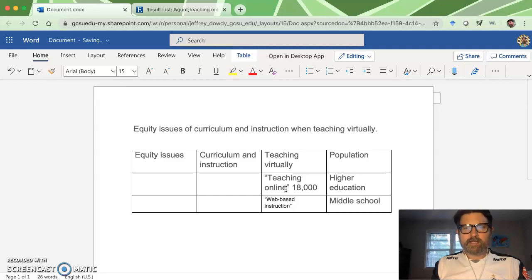Why does that matter? It's because when I use this phrase in my search, it doesn't matter what else I do, it's always going to be less. If you add anything else to it, a date limit, another term, anything, it's always going to be less because you're putting one more qualification on your search. So you may need to know, well, this is only 18,000. I may need to expand this out. Or this is 18,000, I can make this column a little bit more narrow.